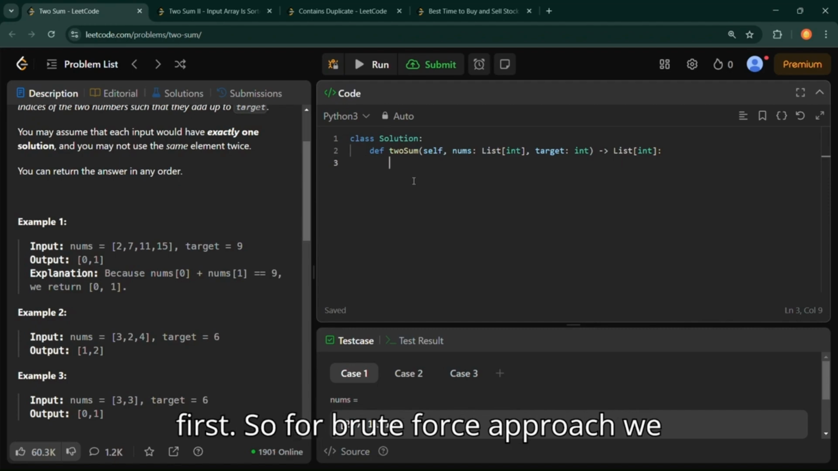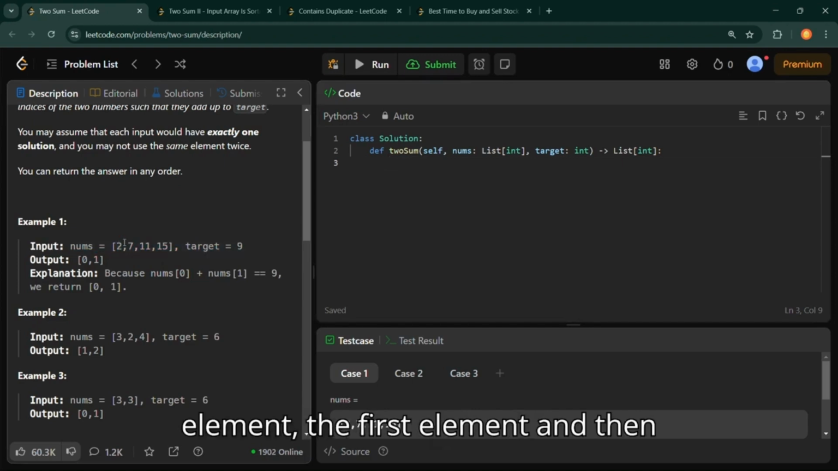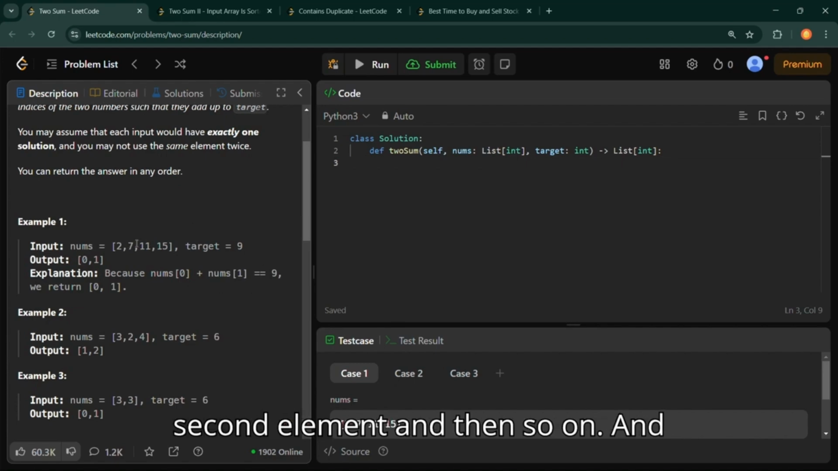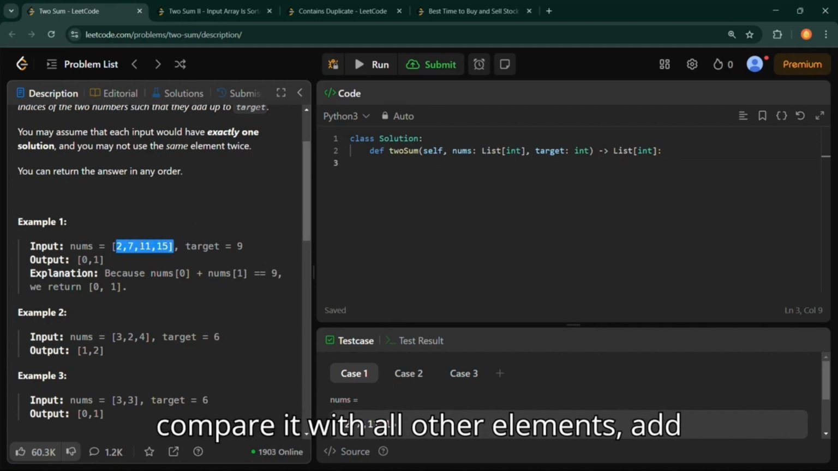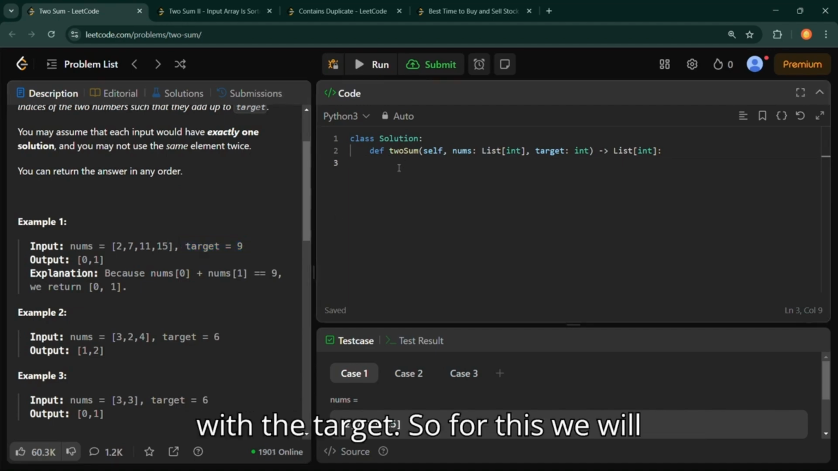So for the brute force approach, we will start two loops. One will acquire the first element, and then the second element, and so on, and compare it with all other elements, add with all other elements and compare it with the target. So for this we will